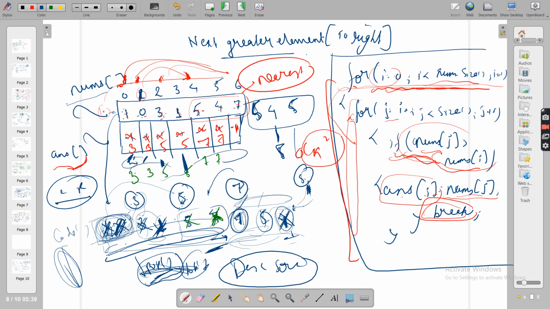Now see, 5 is actually not greater than 5, so you will not go beyond it, because this is in descending sorted. You can see the structure, this is in descending sorted. So once this element is not smaller than 5, obviously the left element will also not be smaller than 5, right, so you'll not go to 7.